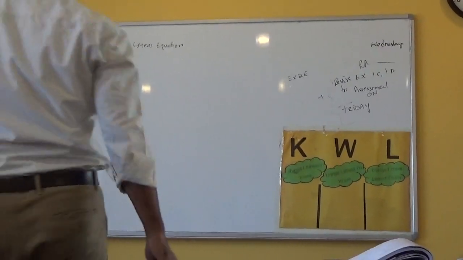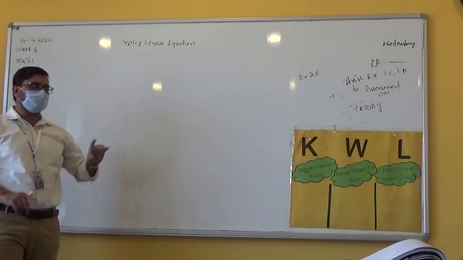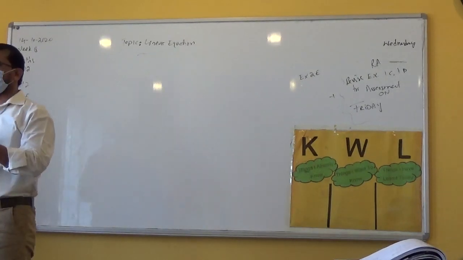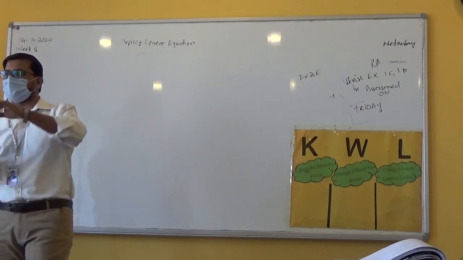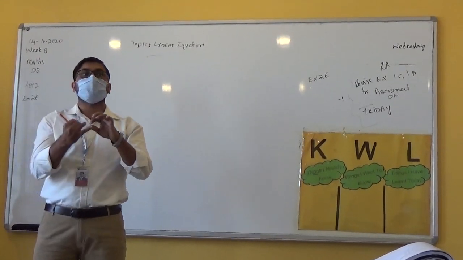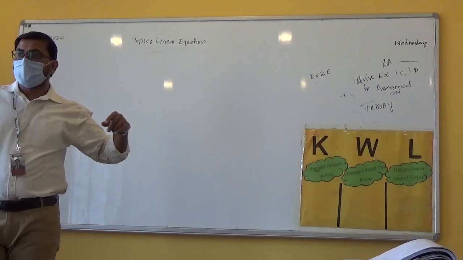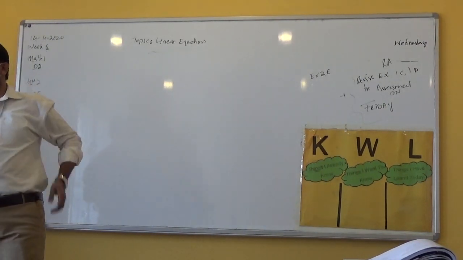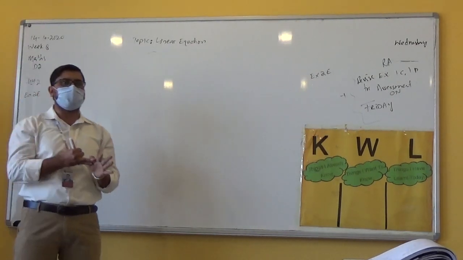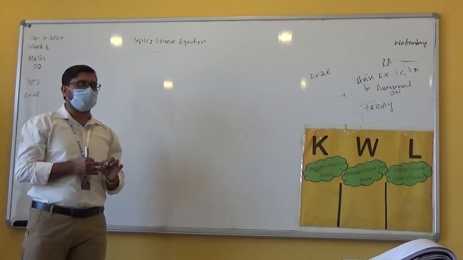Okay, please. So we need to discuss the methods for the solutions of linear equations, as we have discussed till now. Which methods have we discussed till now? Your very first method, what was that? Elimination method. The second method was the graphical method, which we used in the previous question to solve the linear equations. And the third method is the substitution method.